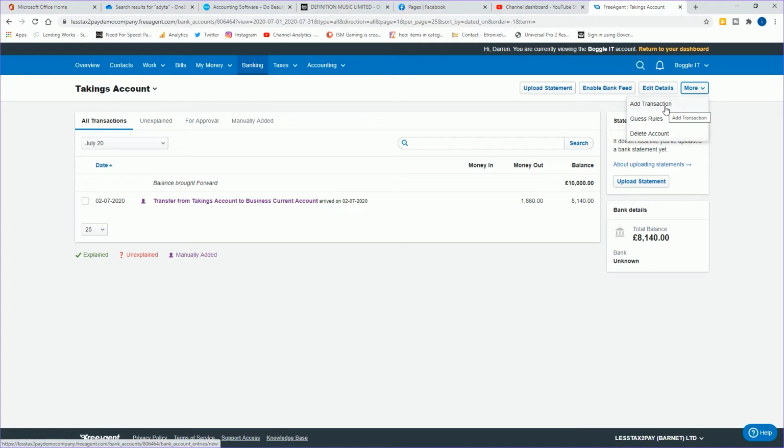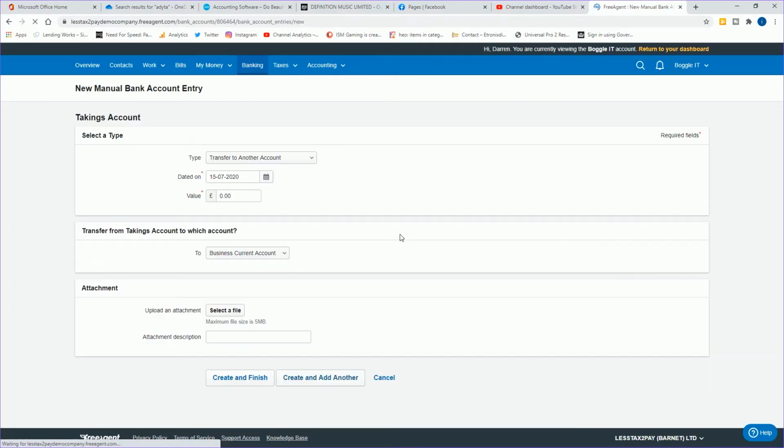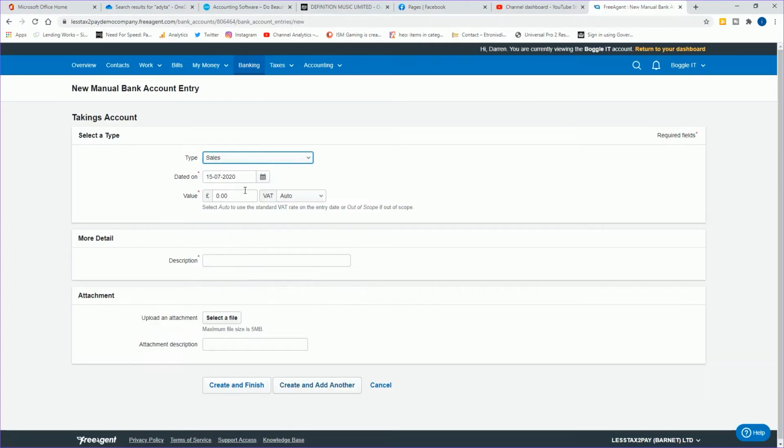Once you've gone into the takings account, go to add transaction, obviously put money in as sales, put the date that you're doing, so if it's the end of the month, put the amount inclusive of the 5% VAT. So I'll just do £1,000, but this is where you've got to change it. This is where you've got to select the 5%. And you can say hot food